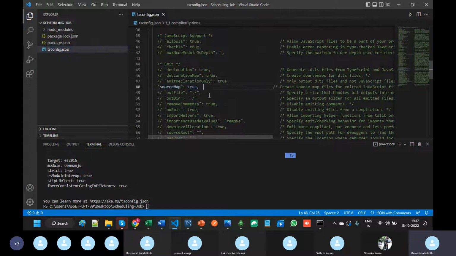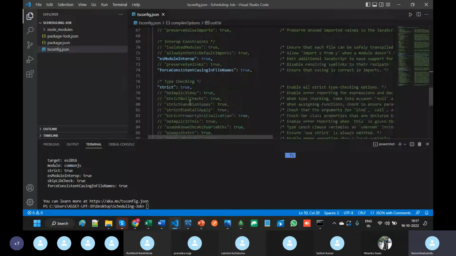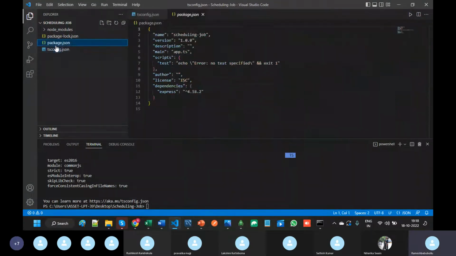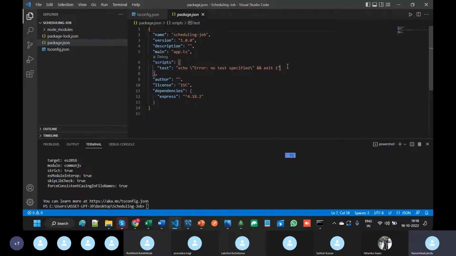So make uncomment on this and here out directory, go to here and write dist and no implicit any, so make it as false. Okay, and go to the package.json and write it here